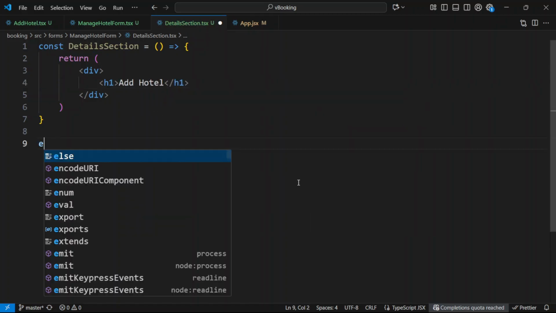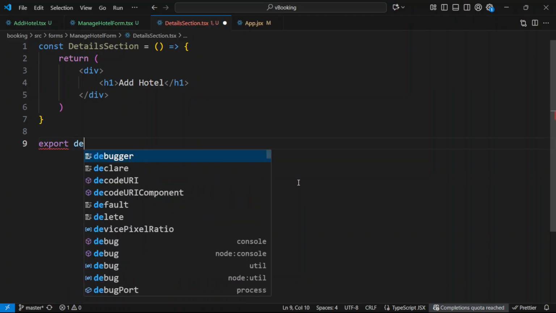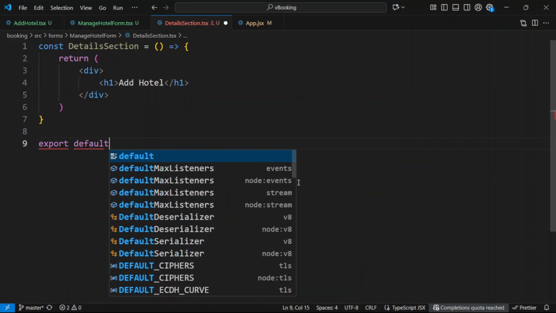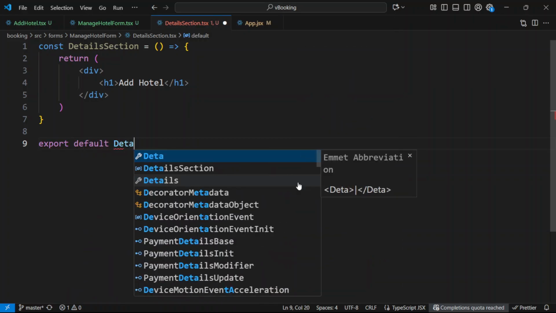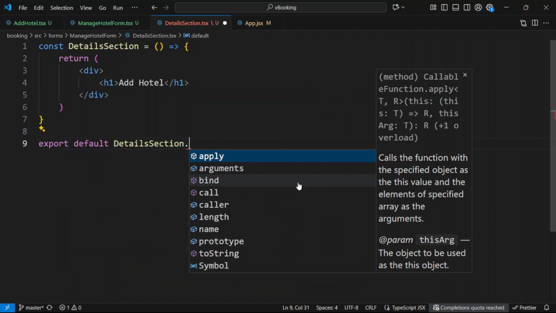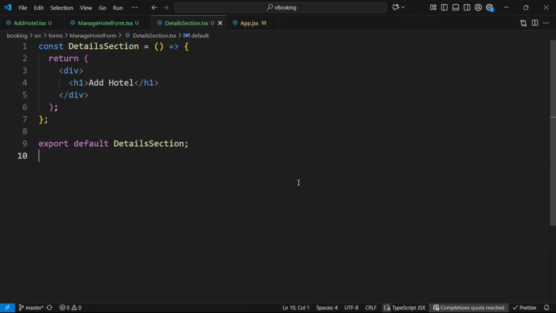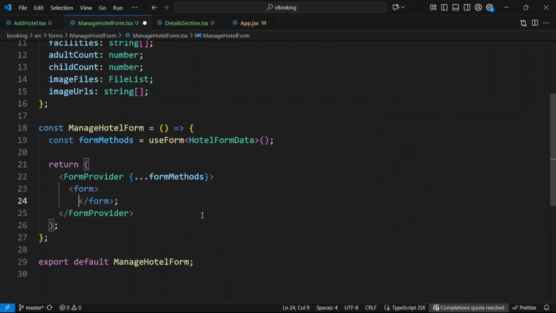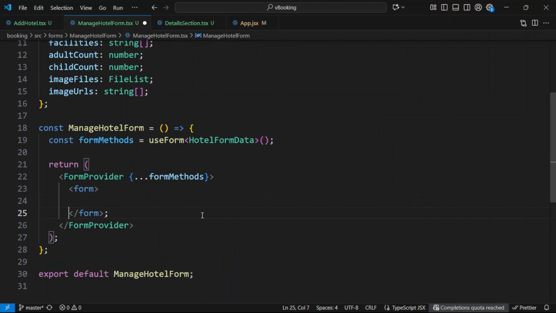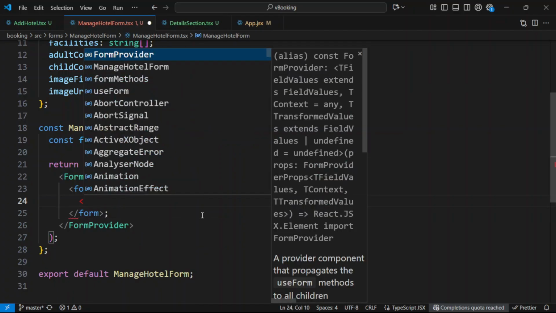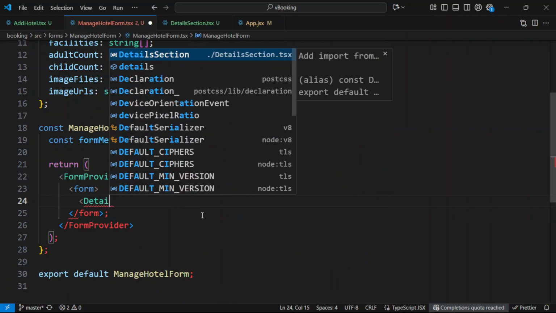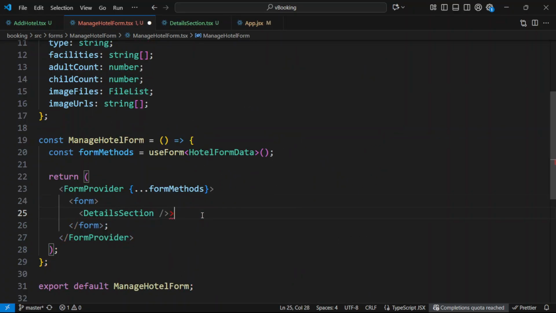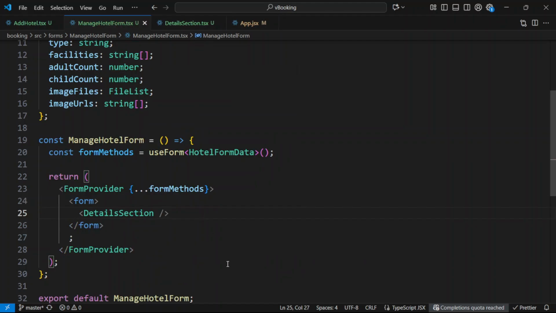Let's default export our component. Export default. Save it, and inside Manage Hotel Form and inside form tag we will import DetailsSection. Okay, save the file